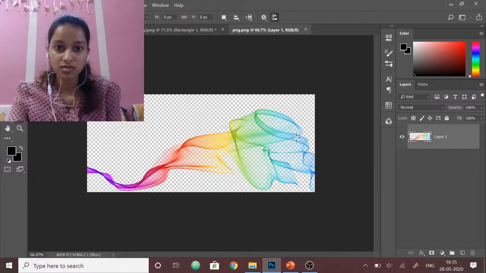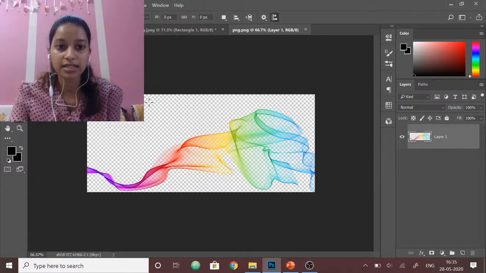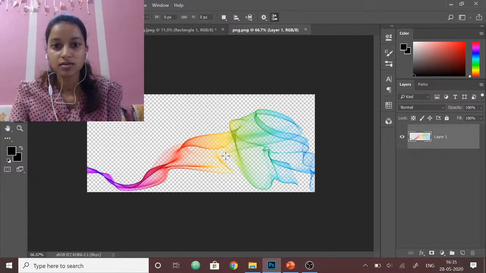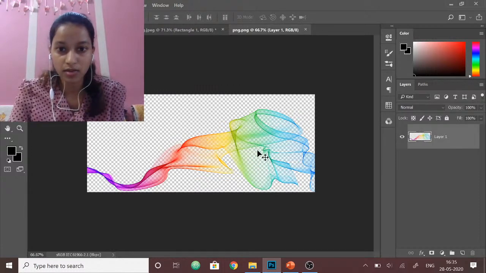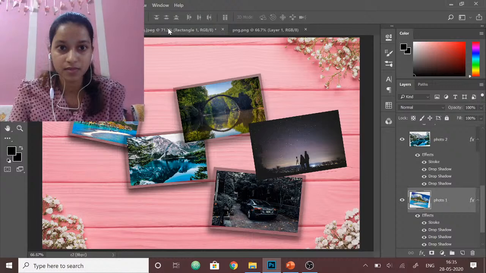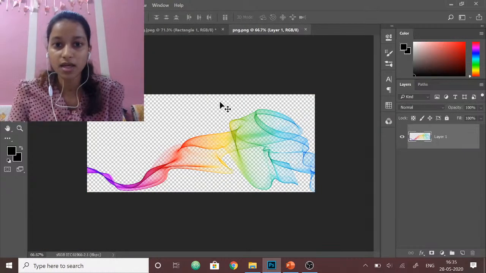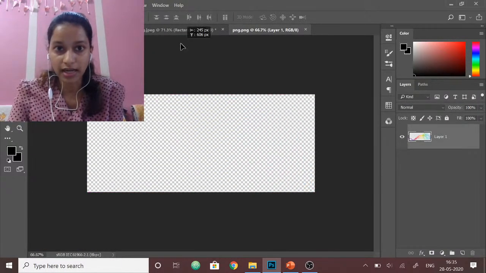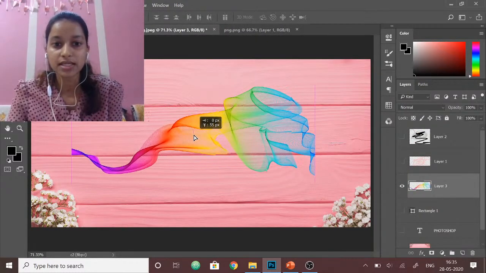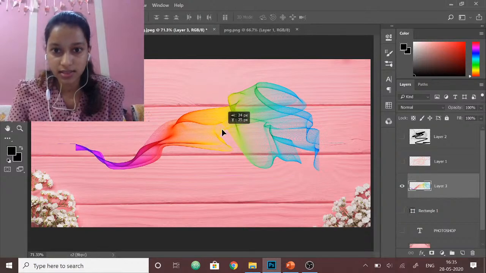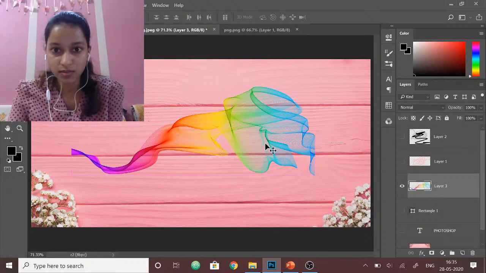So this is a PNG image. The background will appear like this, white and gray blocks, and the image will appear. I want to drop this image onto the background image in this. So I'll just click and drag it towards it and drop it. See, it comes over here, and since it is a PNG, the background is visible through